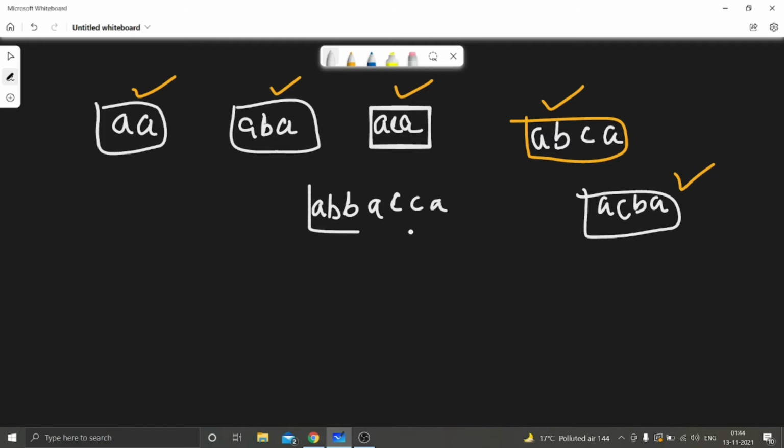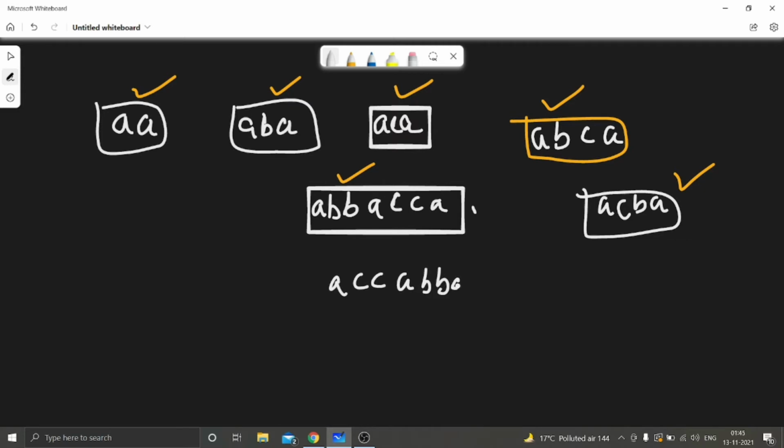Does this substring work? Yes, this works because this satisfies the condition. The number of A is 3 and the number of B is 2, the number of C is 2. The first condition is satisfied. These two conditions are satisfied and the length of the string is at least 2. So all the conditions are satisfied by this substring, right? Can we take another permutation of that substring? Yes, we can exchange the position of B and C. Let's write ACCA